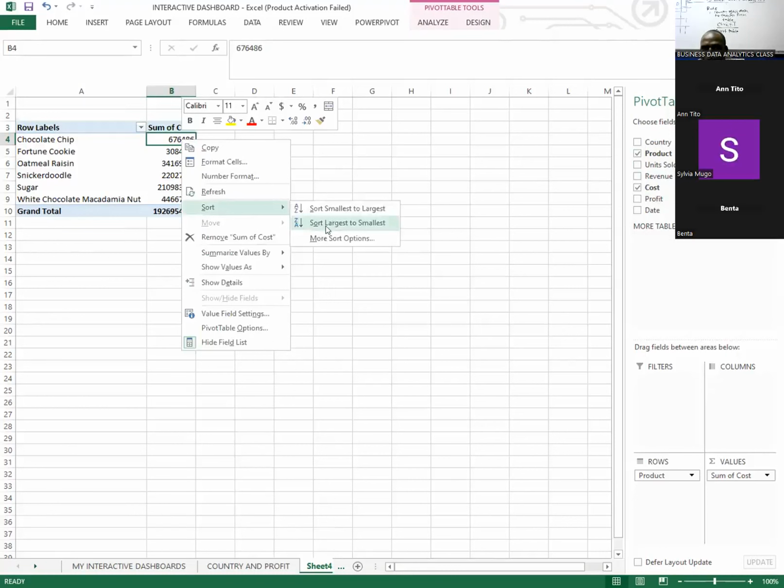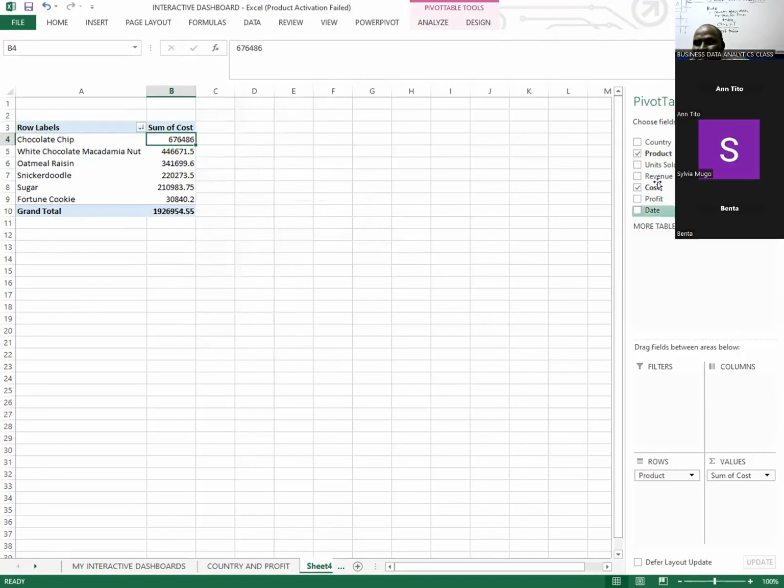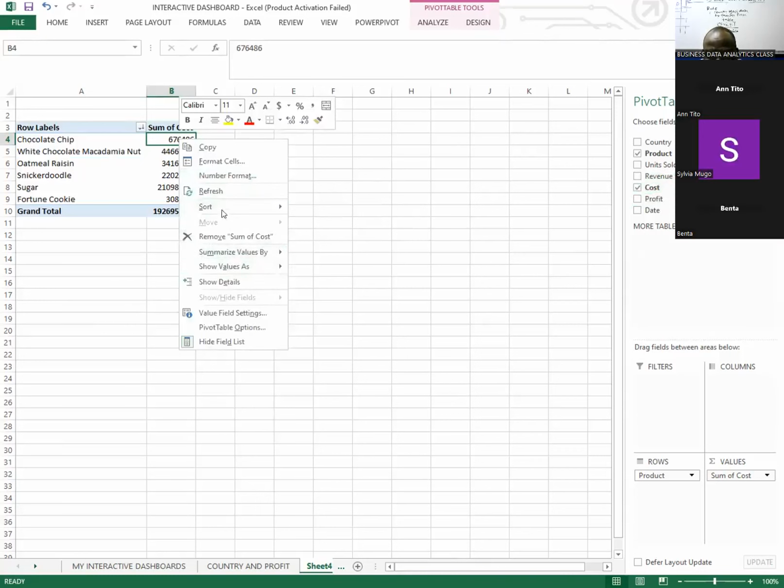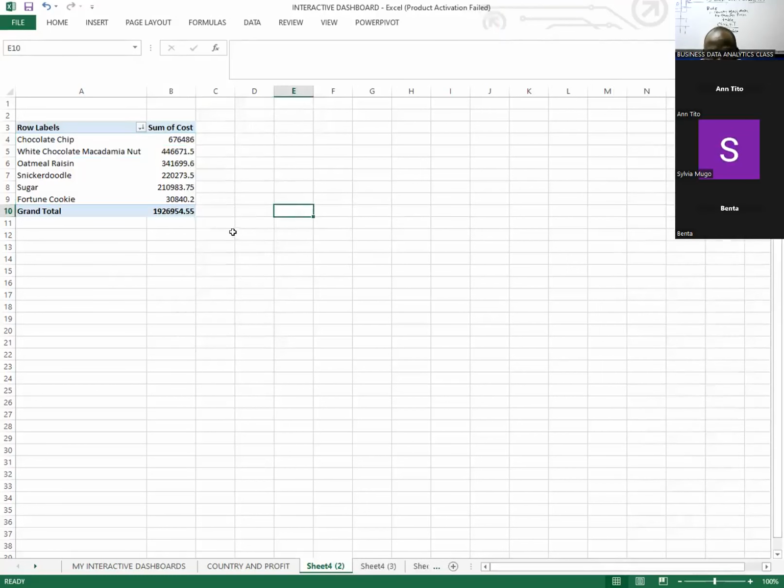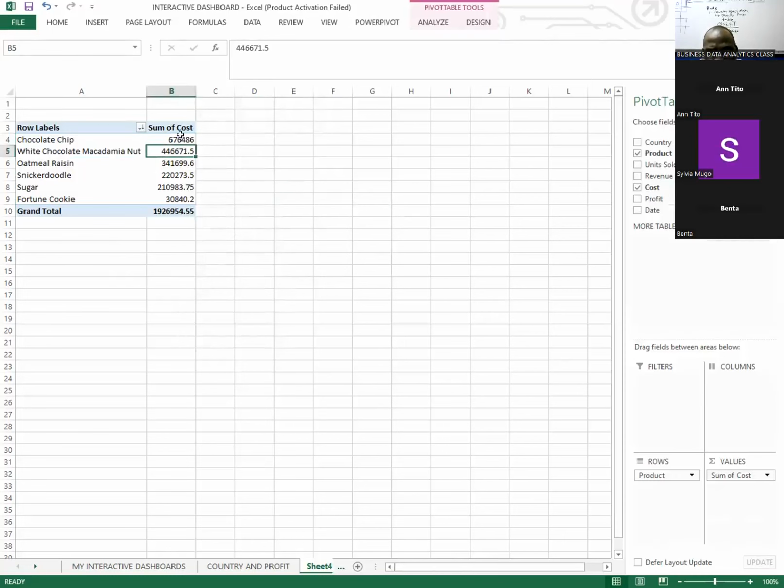From there I will sort it from the largest to the smallest, so that at least I can see the cost of the products from the highest to the smallest. So sijui kama imekuja. Yeah, I think the product, the highest is the chocolate, followed by the white chocolate and then like that. So this one may sort,